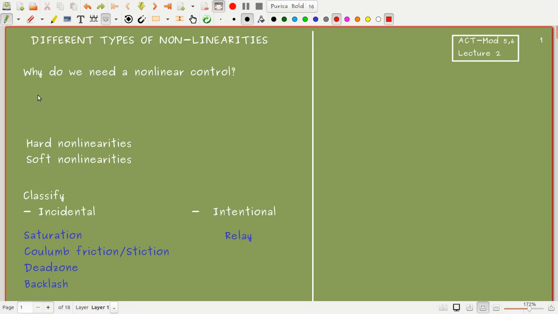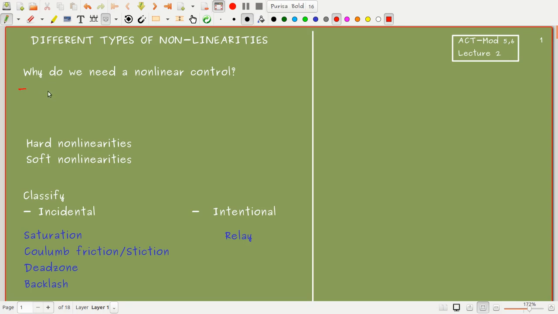You can in fact pause the video and think about what the reasons are behind which we are going for this nonlinear control, or learning this nonlinear control. I hope you have thought about it, and then we'll see why it is so. In the last sessions, we had seen that real systems are usually nonlinear in nature. What we had been doing is we had linearized the real systems, and we had tried to design controllers for the